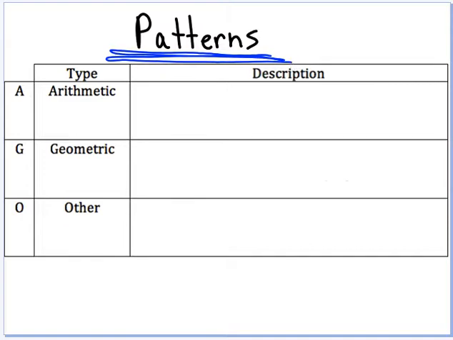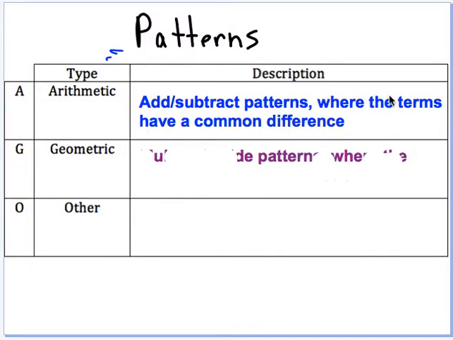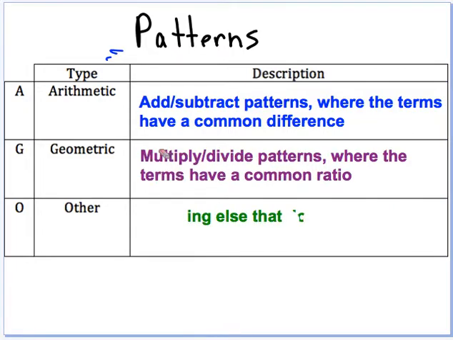So when you are looking for patterns, there's 3 different types of patterns that you can have. The first one is an arithmetic pattern, and basically, that is a pattern that is created when you're adding or subtracting by the same amount every single time. So like if I count by 2s, 2, 4, 6, 8, the pattern is arithmetic because I'm adding 2 to each number. Then there's a geometric pattern, and that's when you're multiplying or dividing by the same amount each time. So let's say I multiply by 2 every time, so I'd have 1 times 2 is 2, 2 times 2 would be 4, 3 times 2 is,